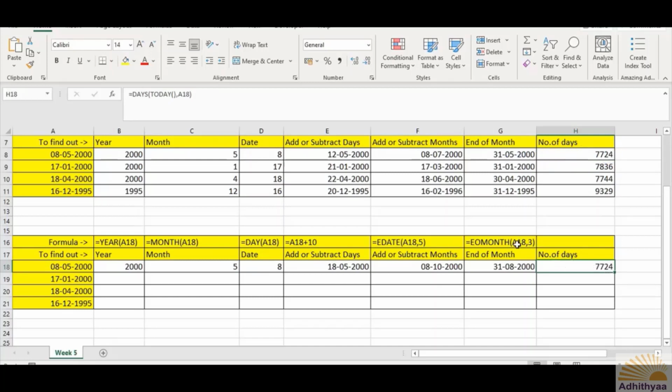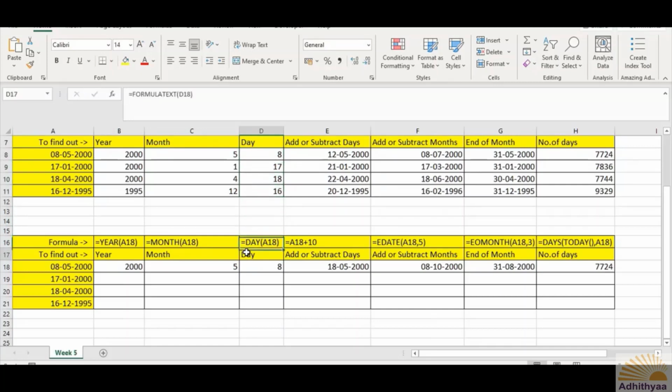Again, you can drag and drop here and it will give you the text of the formula. That means equals to DAYS, open bracket, TODAY, open and close bracket, comma, the start date, which is A18. Now that you have learned how to extract the year, the month, the day, I will label these for your reference.